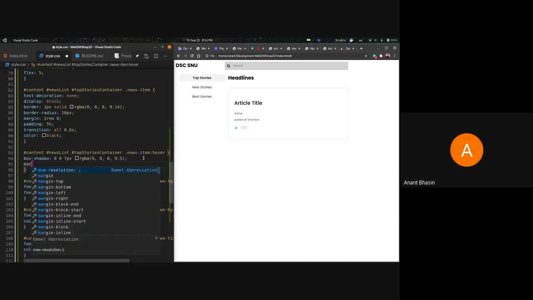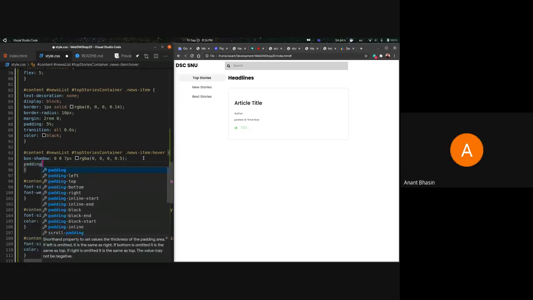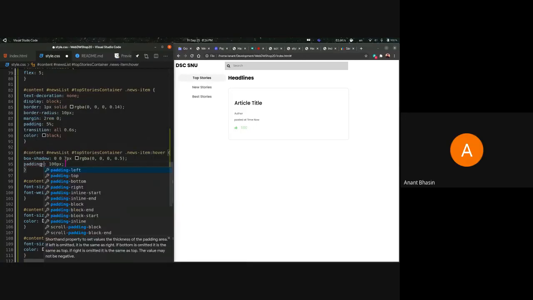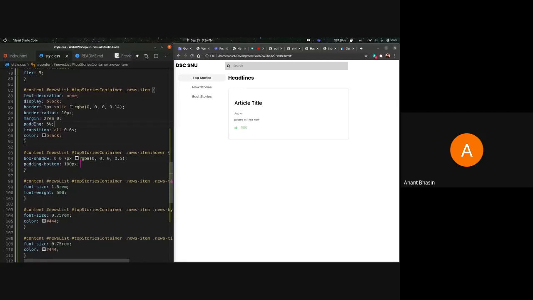Let's next give it a value, padding, just to show. So Anand is now giving it a padding of 100 pixels on hover. So when you hover over the article title, it will get a padding of 100 pixels, just a bit more specific. You can see that the padding by default in all directions is 5%. I'm taking it from 5% to 100 pixels in downward direction particularly. So you can see that it basically got extended because it had to add some more padding, which wasn't by default there.